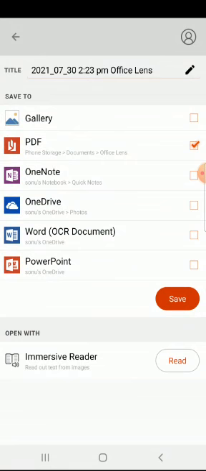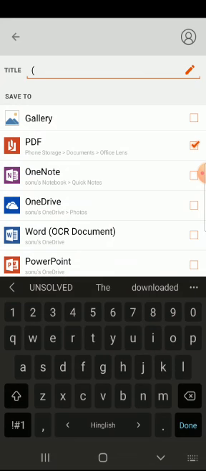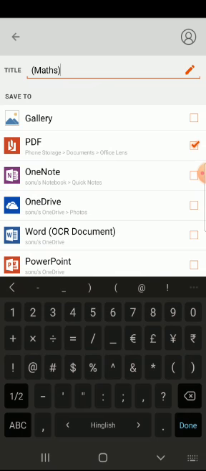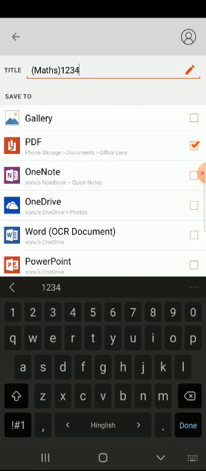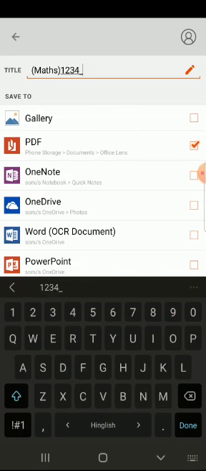Here you will write the name of the file in a proper order. First of all, you will enter your subject name, then your admission number, followed by the name of the student.